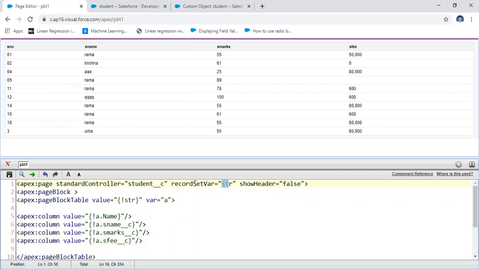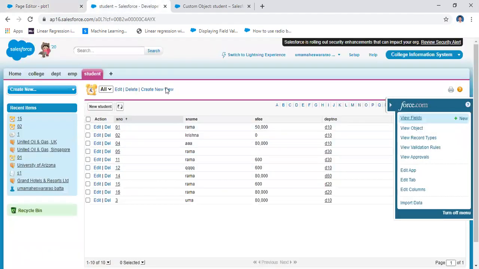Yeah, it stores a certain kind of information. In this way you will display the required information from the object. That means it is a custom object. For example, you have sales related information.